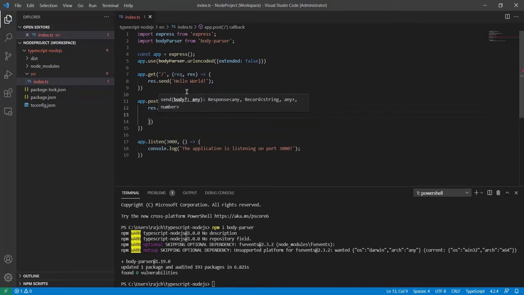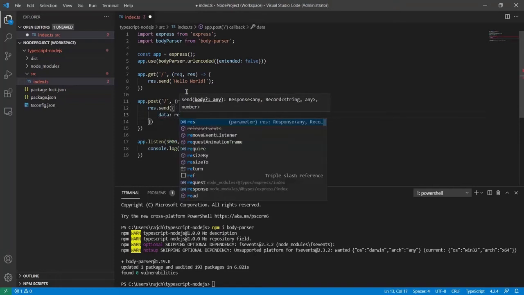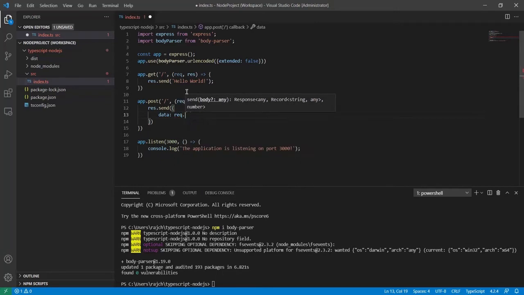I will send a JSON object in the form of data, and here I will put request.body. Whatever body is sent from the client will be received inside the request body. I forgot to put the arrow syntax. Okay, now it's ready to receive a POST request.